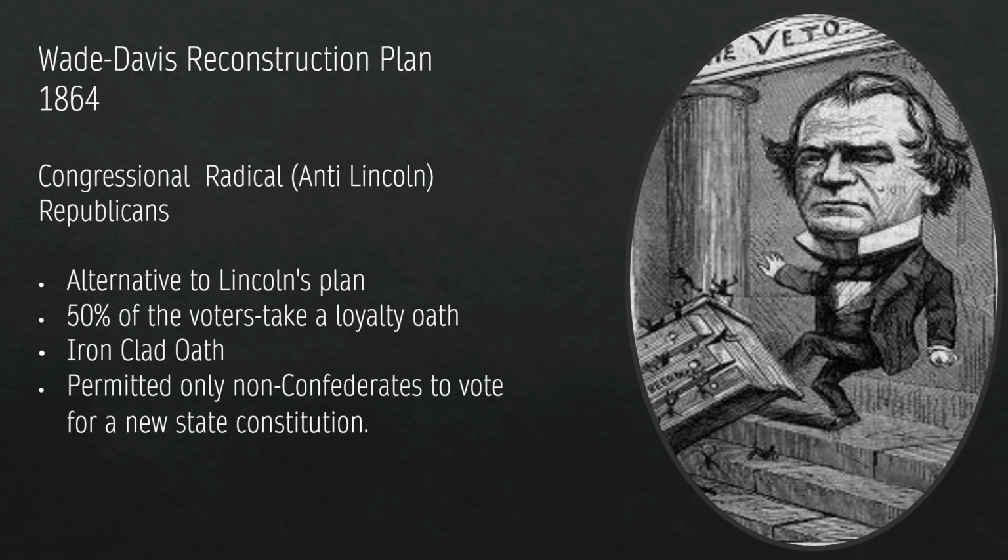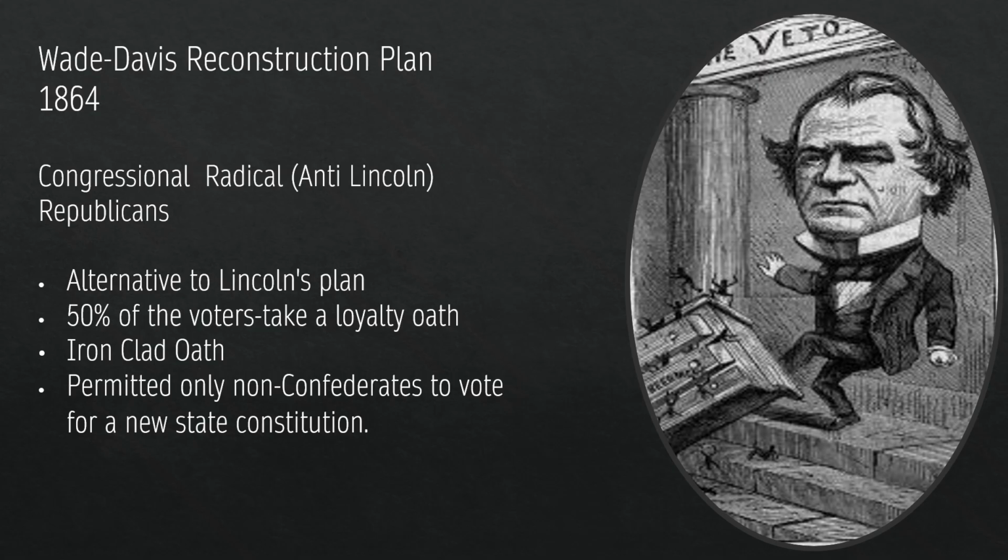And you need to know what the Ironclad Oath is. What it is, it demands that individuals swear they had never voluntarily supported the Confederacy or taken up arms against the Union. So this is going to make the condition a lot harder for Southern states to rejoin, because who is going to be able to swear that they didn't support the Confederacy, although they fought for the Confederacy, and they never raised a gun to the Union when they literally fought a war against the Union? So it's meant to make it harder for these Southern states to rejoin.